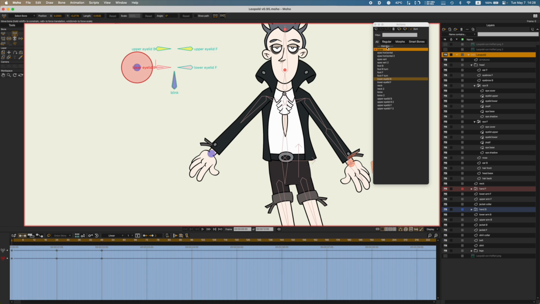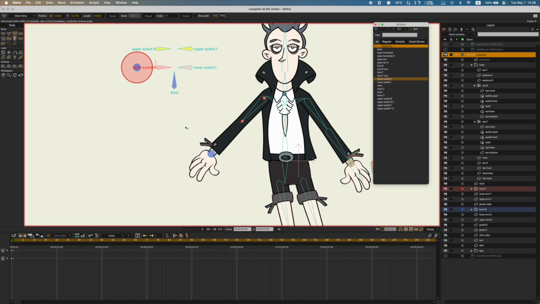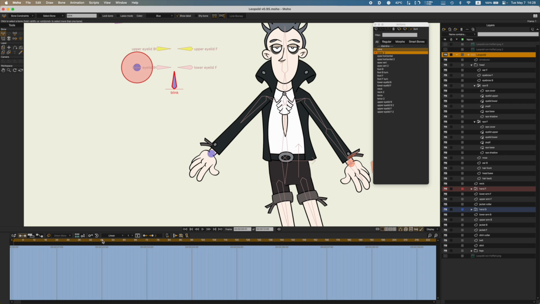So this is the blink number 1. And the other blink is actually not a blink. It's the very opposite of blinking. So it is basically opening the eyes wide open thingy. Okay. So here,